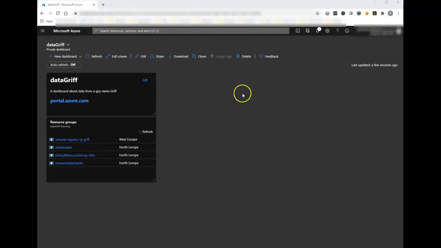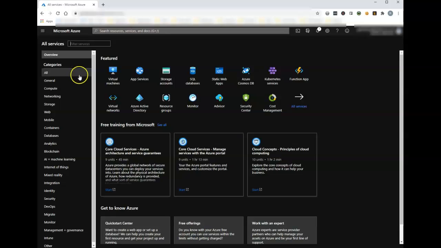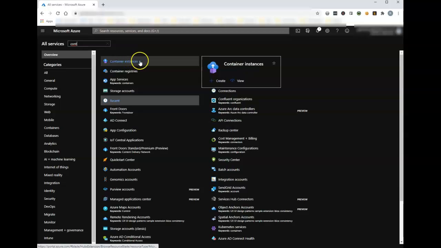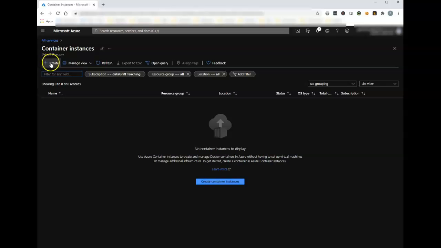in the portal. The first thing to do is navigate to portal.azure.com, and then in the top left hand corner click the little hamburger, click All Services, and then in All Services just start typing container instances, and there it is, so click on that. Click Create,